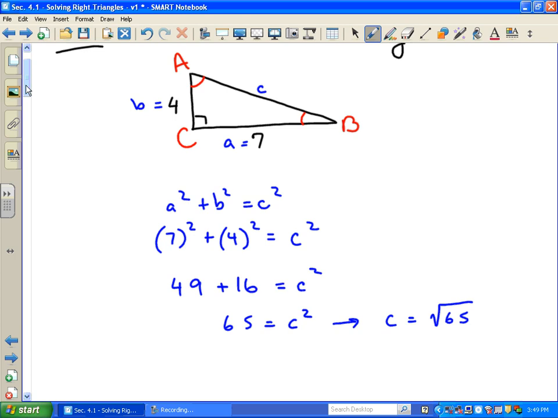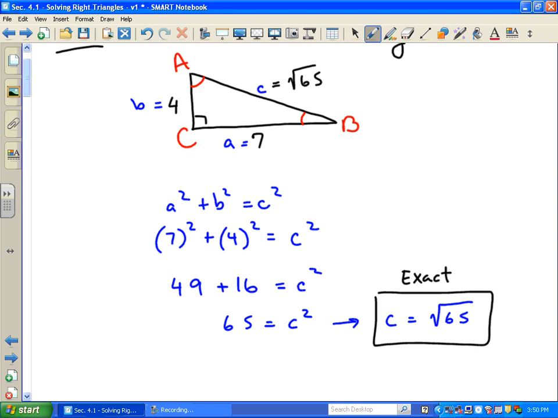Okay, so that one we now know. Now, the square root of 65, this is exact. So if we want to use that again, we can. All right, now from here, we need to find missing angles. To find missing angles, you want to obviously use a trig function, and then what we're going to do is use an inverse to get our angle by itself. All right, let's say that we want to find here